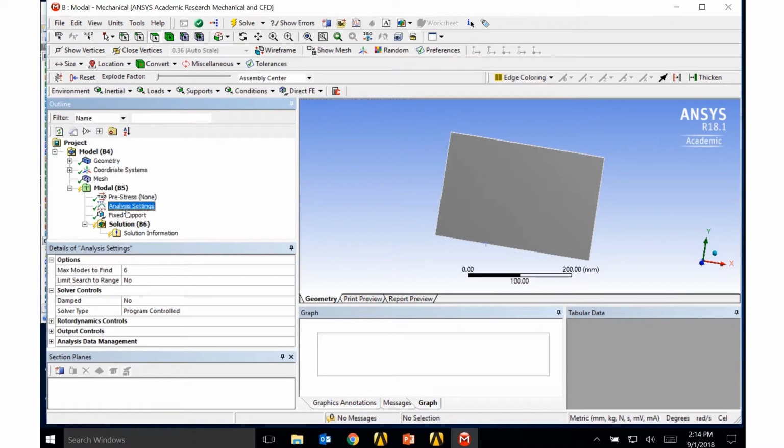analysis settings, and by default it will extract the first 6 modes. If I want to increase that, I simply click on that number and I can increase that up to 10. You can see the default for the solver controls is no on damped. If I wanted to do a damped modal analysis, I'd click yes there, and then I could come down on